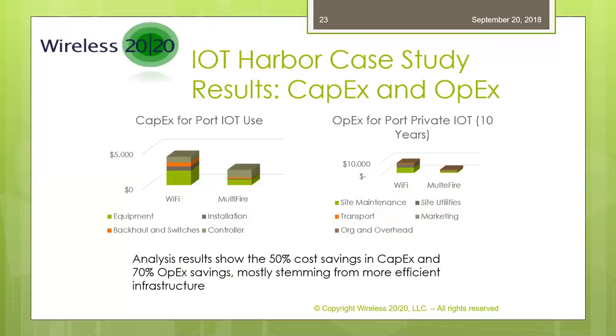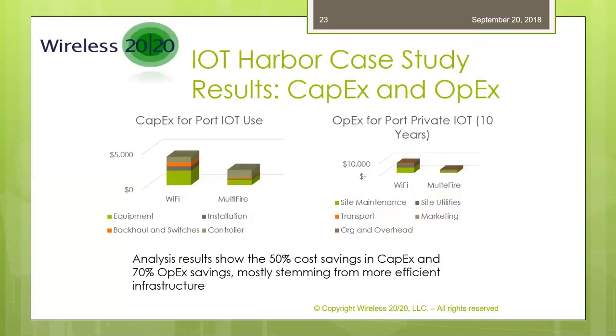As we look at the case, and again, to support the requirements, these are the results that come out of the YROI tool that we've built the model for the Singapore Harbor. The analysis shows that there's about a 50% cost savings on the Capex, and probably more importantly, 70% OpEx savings. And there are other savings that are perhaps important, but maybe a little less tangible. If we want to deploy new kinds of services, this can be done very efficiently and effectively with the MulteFire network.